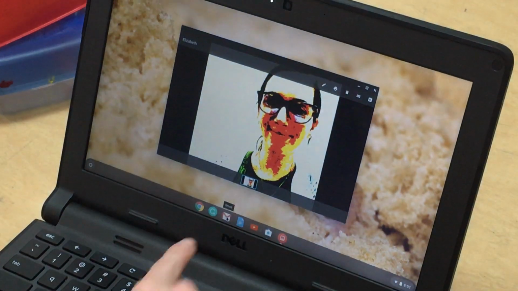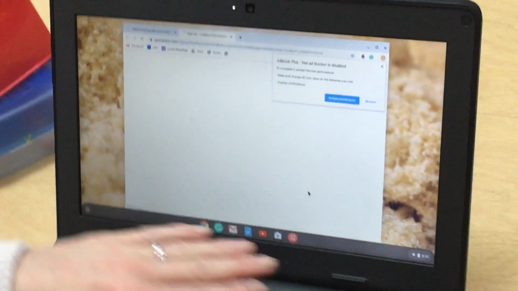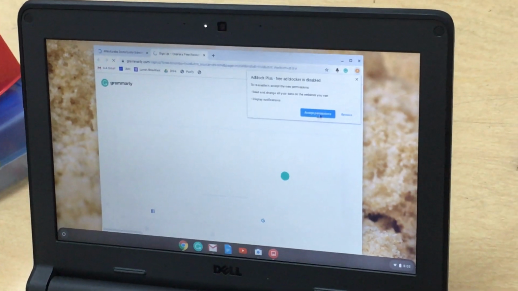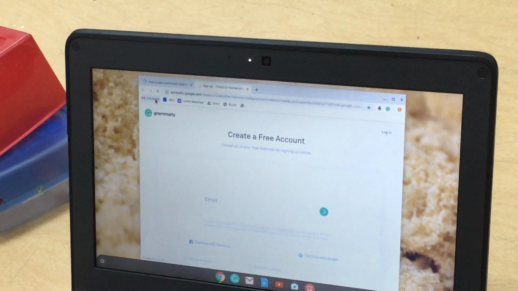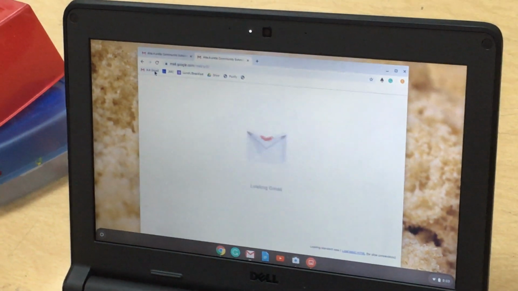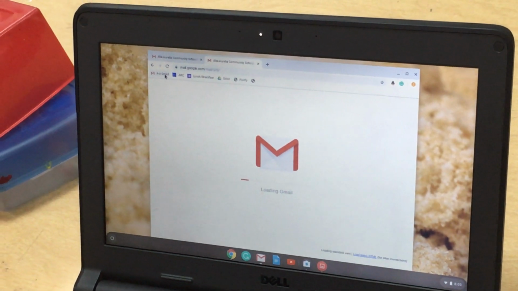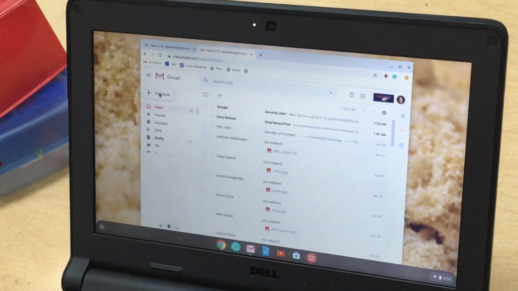I'm going to go to my Gmail next, and yours should be at the bottom of your bar there. And then it should bring you right to your Gmail. From Gmail, you're going to compose a new email to me. So if I click compose,